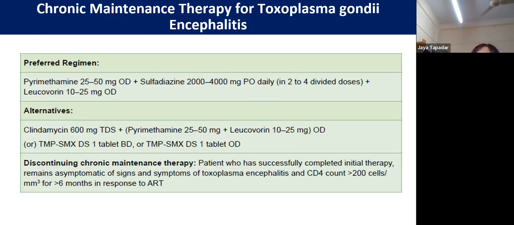So if you have to do an MRI to see whether the lesions have cleared up or not, 6 to 8 weeks is the best time to get it done. After 6 weeks is the best time. Okay. Then